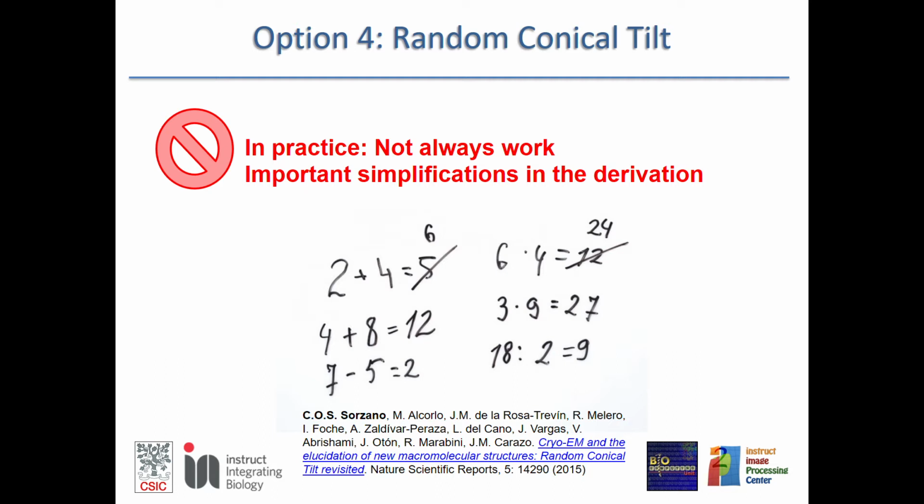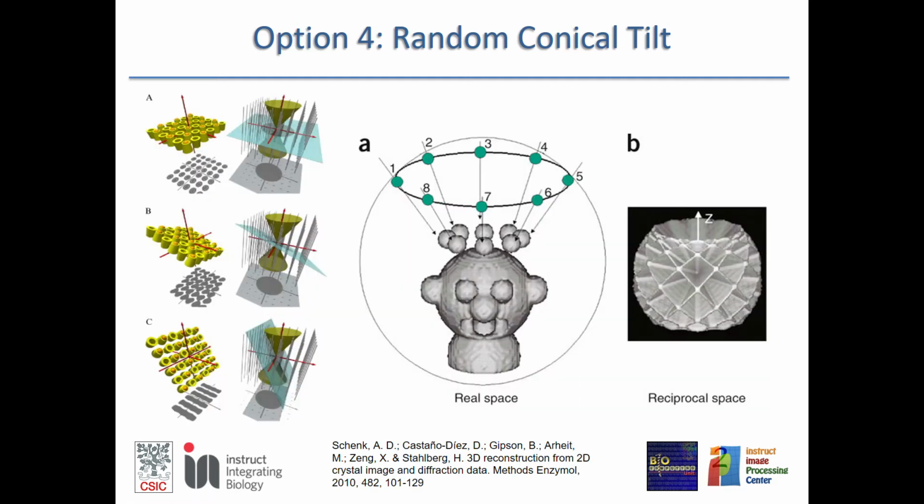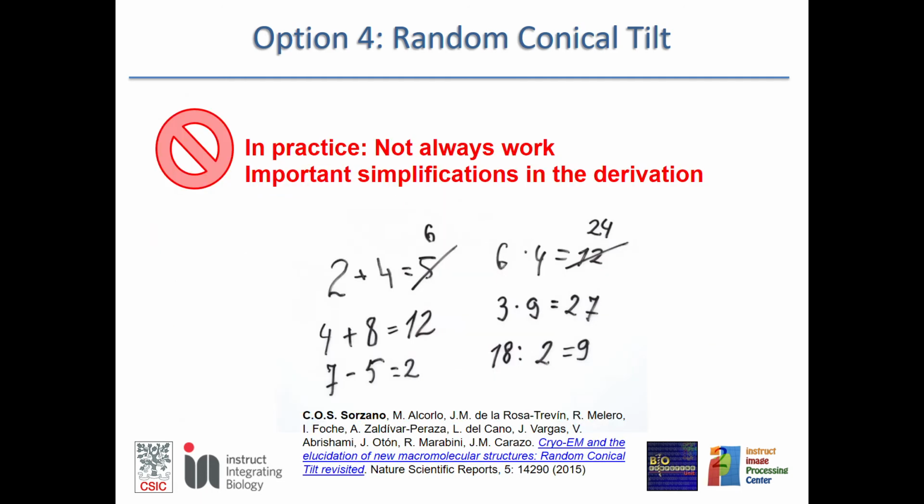And then we extended that theory to include the shift, to include arbitrary orientations of the tilt axis, and also to be able to align not just the tilted and untilted images, but the tilted images with respect to a class average. And with all those modifications that are explained in the next video,